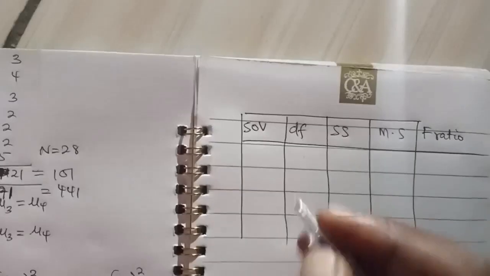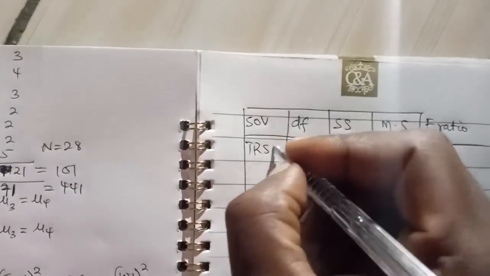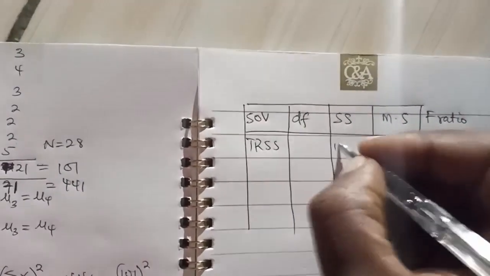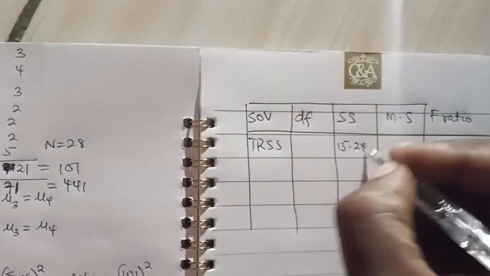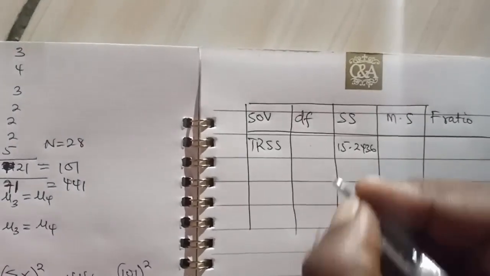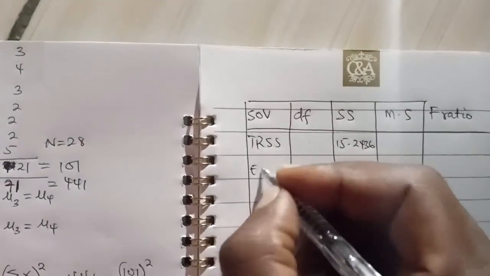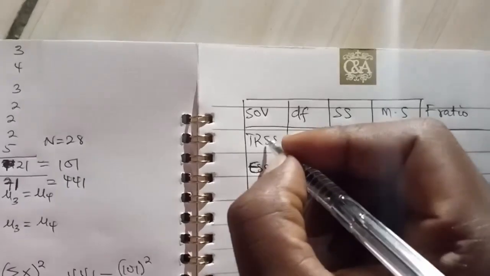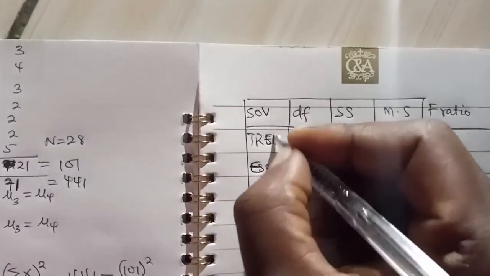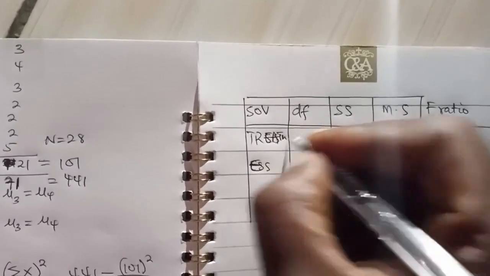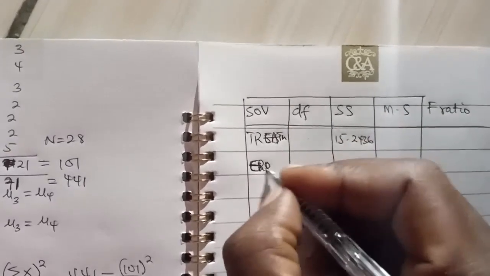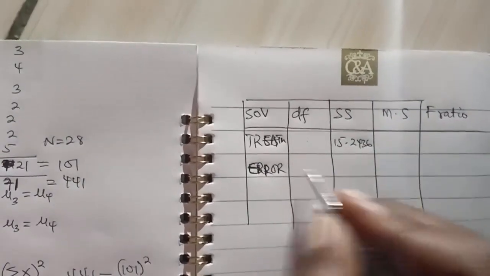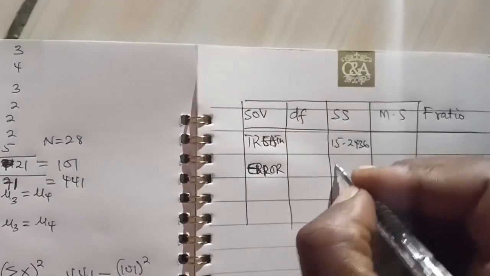If we have the treatment sum of squared, what we calculated from there was 15.2436. Here we can see treatment. Here we just see error. So it captures everything. Its error sum of square was